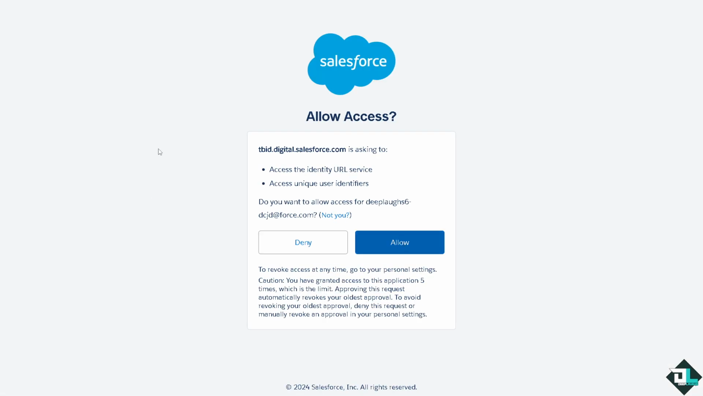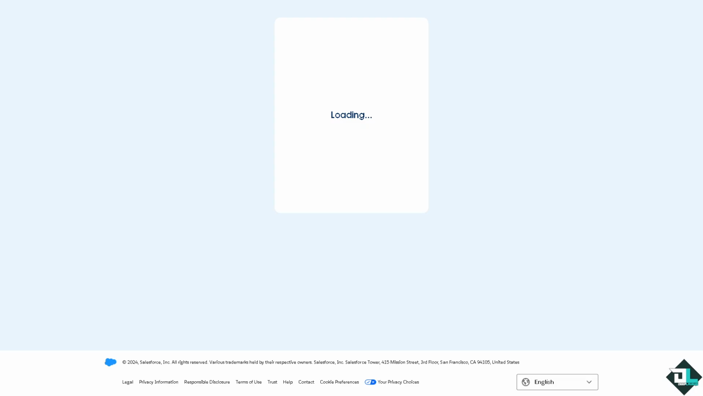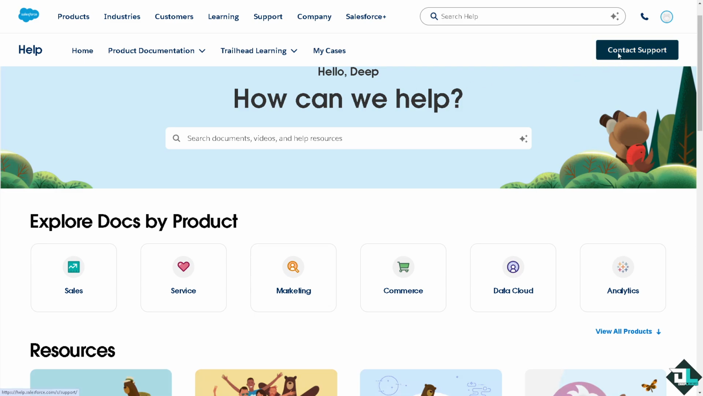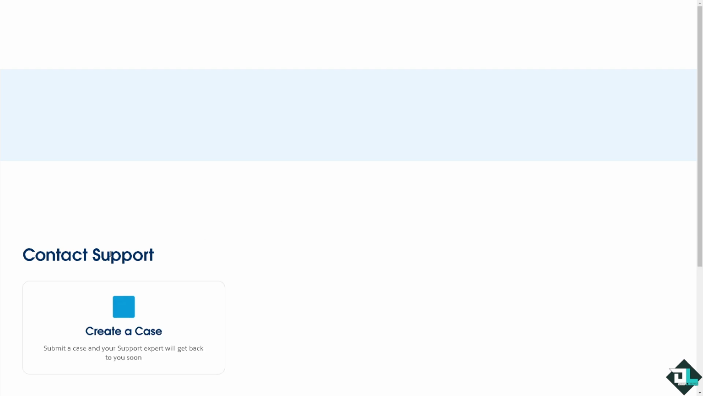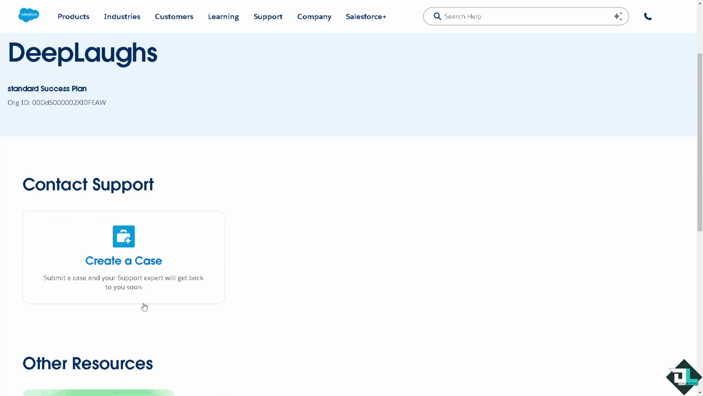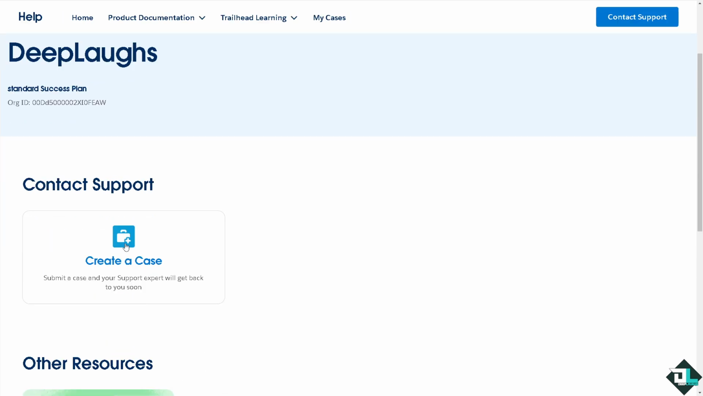I'm going to allow, obviously. Wait for it to load. You see there's going to be a contact support option on the upper right corner. Click that. There should be an option that says create a case. You can submit a case and your support expert will get back to you soon. If you click that button,